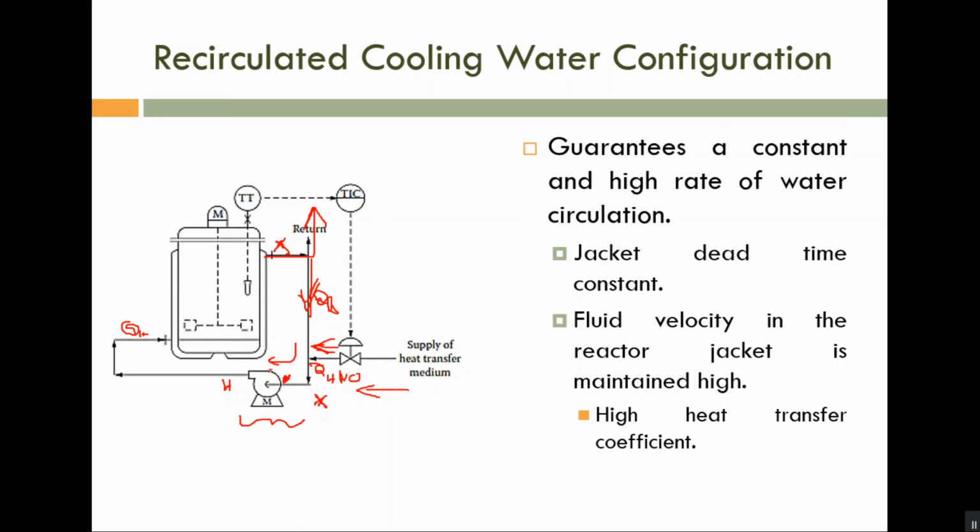So this is known as a recirculation pump. If you are using a pump, this flow rate will always be constant. What is this flow rate? QH plus QR. So this one will be constant. If QH is small, the pump will automatically take the remaining liquid from this return side. So this flow rate will be constant. What is varying? Only the heat energy carried by this liquid will vary.